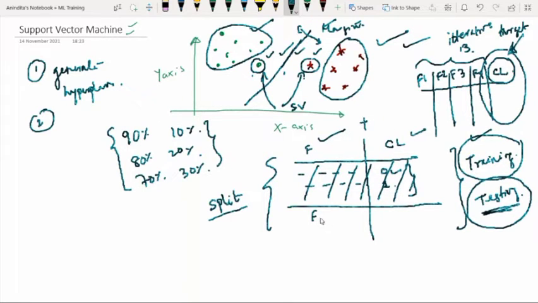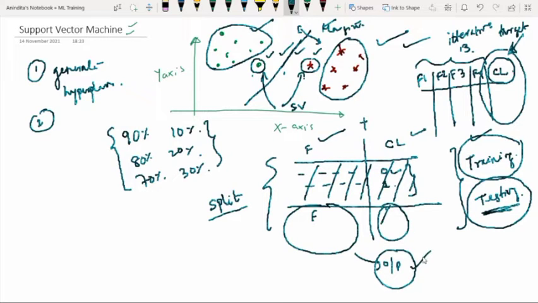After learning, we will only give the features, and as an outcome our machine will give us some output. Whatever output we get after testing, we will compare with the existing output that we already have in our data set. Whatever difference we get, this is known as accuracy.